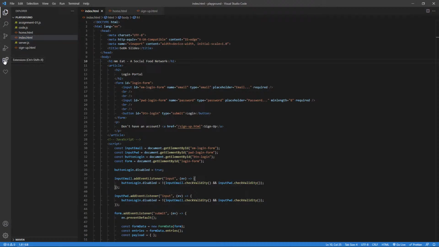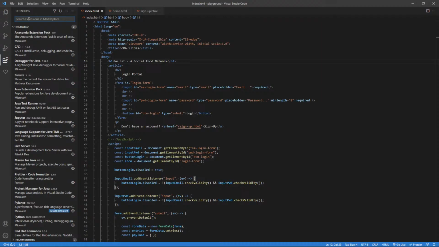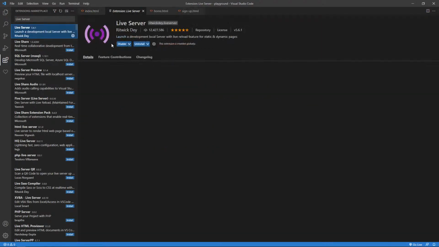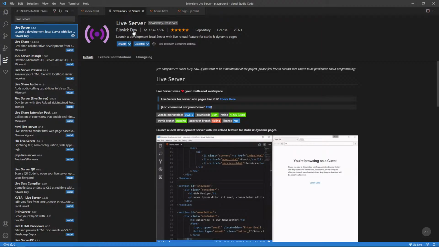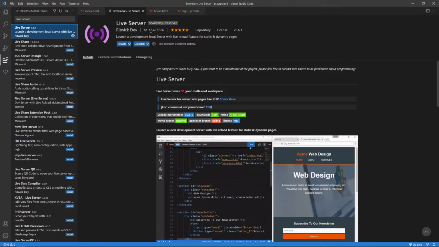So again, with the live server, you go to the extensions and install it by typing in live server and picking the first one. It's by Ritwik Dey, has about 12 million installs. So this is the one you want. Okay, once you install it,